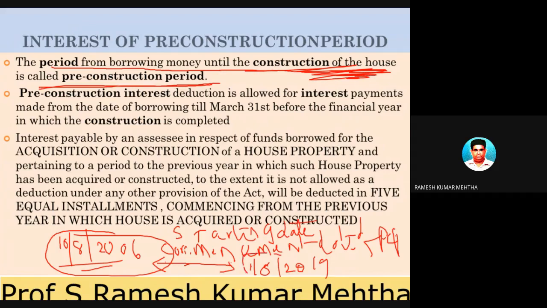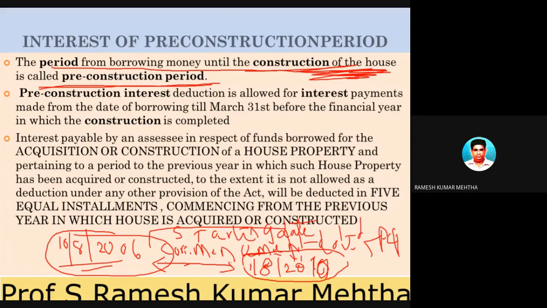Now, as the house property was constructed on 1/8/2019, because in this case the loan was taken, sorry, in 2000, I will consider this as 2010, okay? Such a lengthy period it will not take to construct, but he has taken the loan on 10/8/2006 and it was completed on 1/8/2010. From 10/8/2006 to 1/8/2010 there was no house property, and hence he was not filing income tax returns under the heading income from house property, because there was no house property as such.